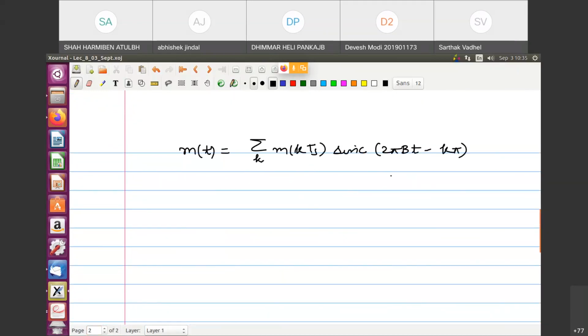For the time being, this derivation is being taken from Lathi. Lathi uses the definition of the sinc function as sine of pi x upon pi x. So at a few places you won't find pi, and at other places you will find pi. This is just because of the definition of the sinc function. You can simply write sinc of x as sine of pi x upon pi x, or you can define sinc of pi x as sine of pi x upon x.